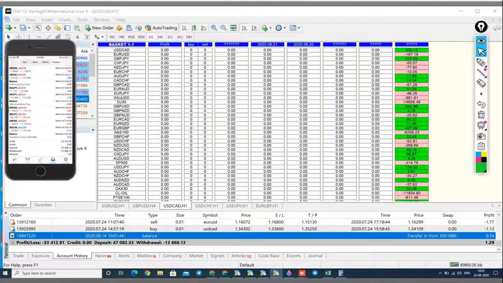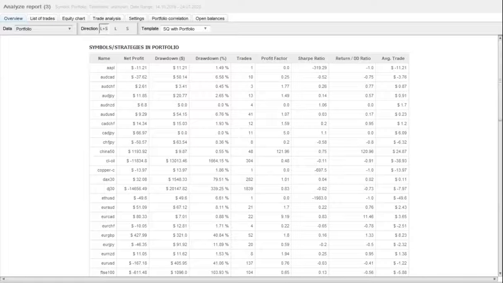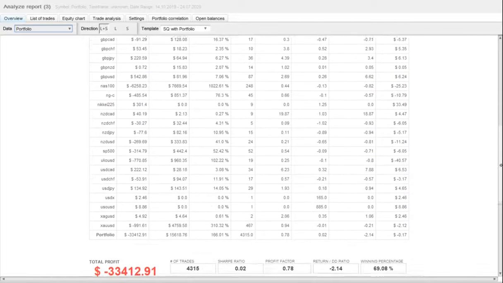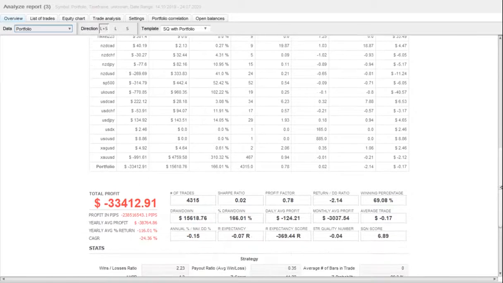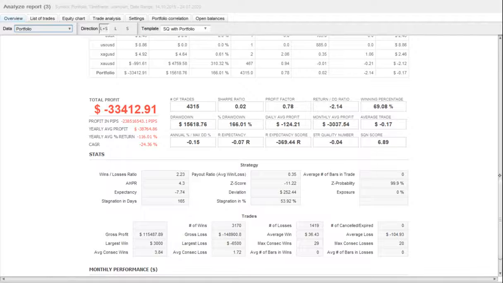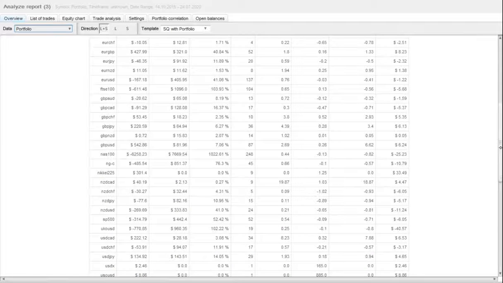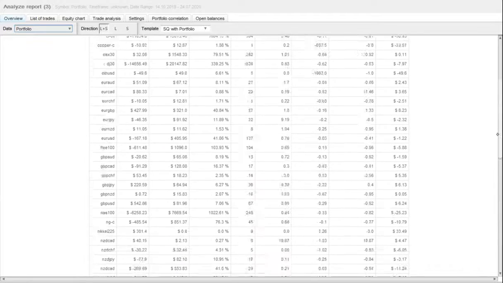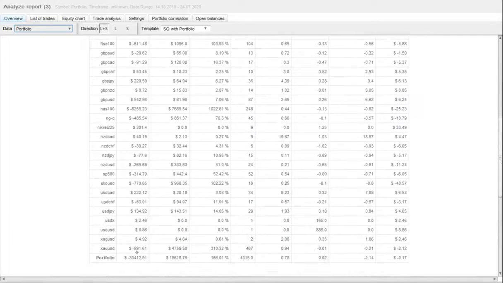Yes, now we are analyzing the complete reports of the trades. Here we have the tools where we can see the trader's psychology. You can see the portfolio, total profit and loss, his profit factor, and the number of trades he has placed. At the end of the 10 months, his loss is 33,412, and the major loss is in Nasdaq,